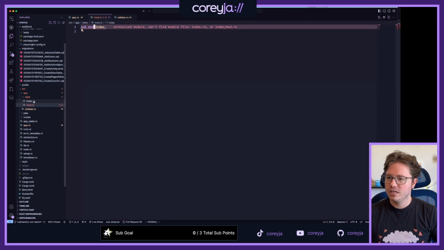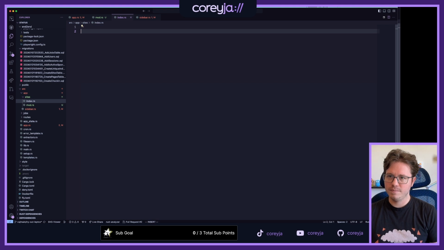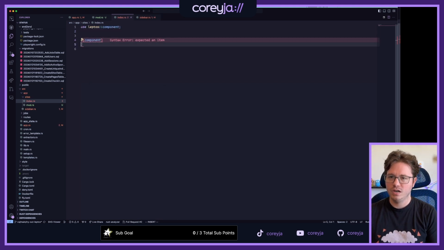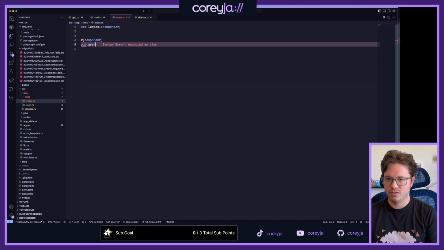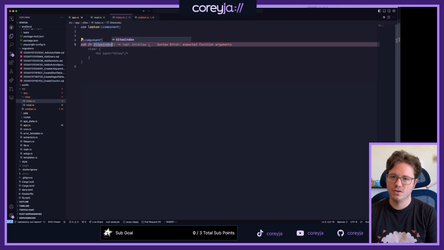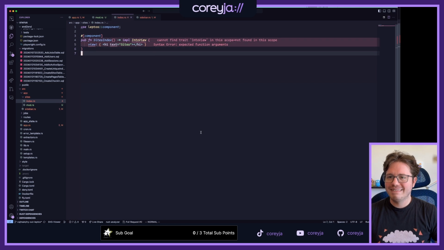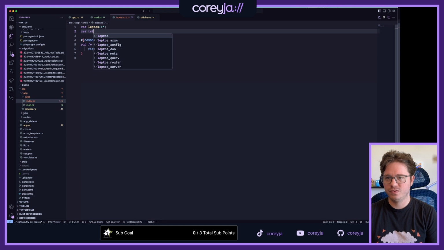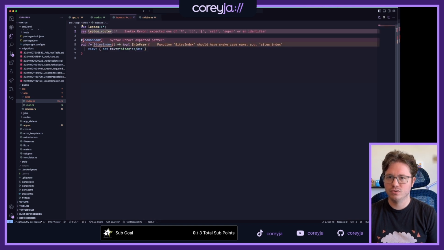That creates the index file. And then eventually what I'm trying to do is make a component of a public function, not an async function, of sites index. Something like that. Which is why I think we just do use Leptos router star here.